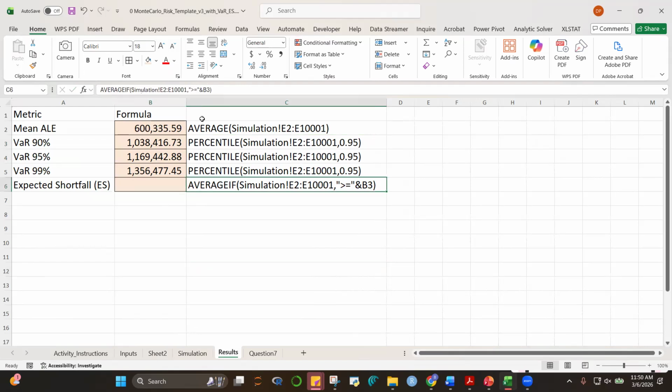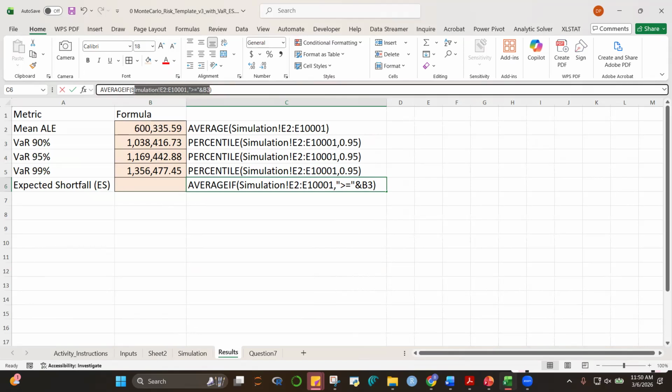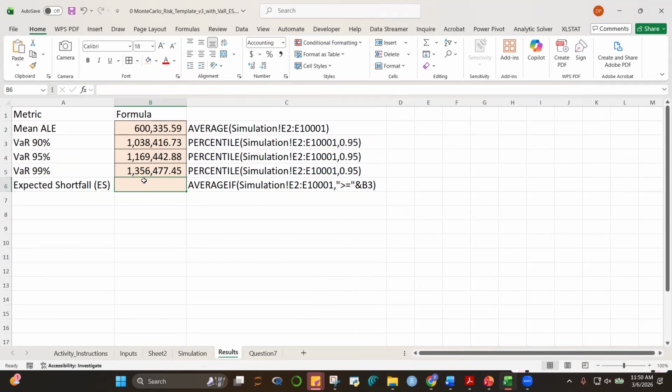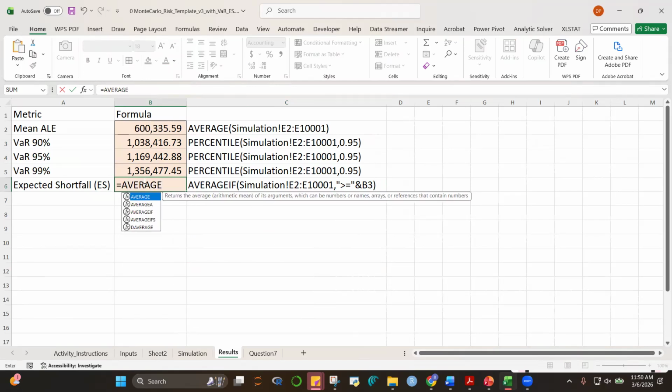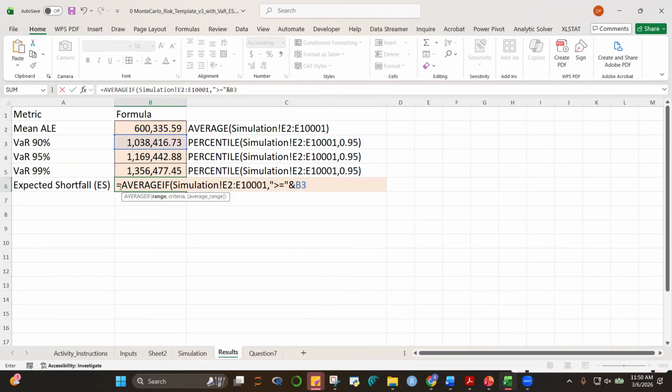This one. And the function used is average if. Control Enter. All right. We are using expected shortfall for VAR 95. So this is B4. If you were using expected shortfall based on 90% VAR, then you use this value. Okay.